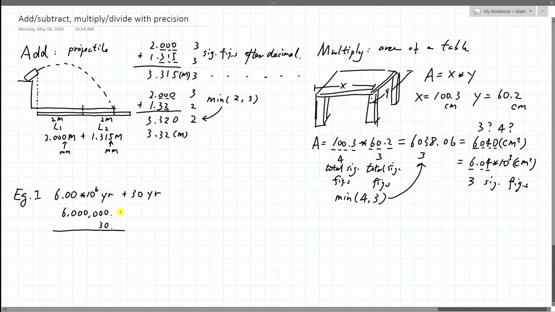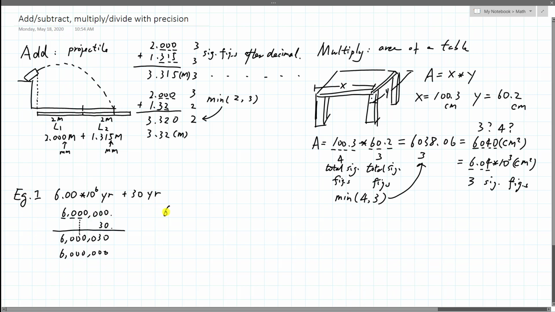So this number has no significance after that, and actually its significant figure ends here. This is the last sig fig. So our result, 6000030 here, we can only carry as accurate as the least accurate ones. Although it's not really a decimal place, we can do that, and we'll still end up with 6000000. Another way to express this is to shift some decimal places around and write the 6 million into maybe